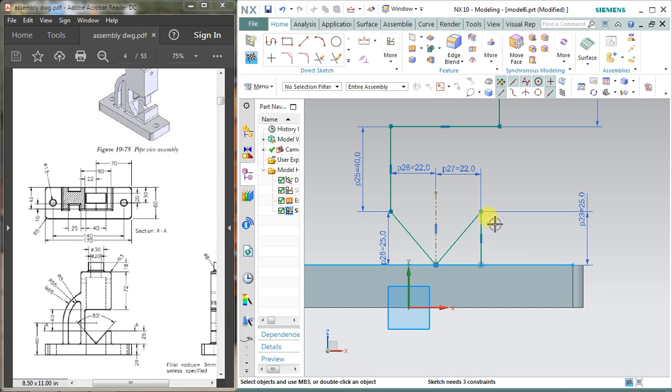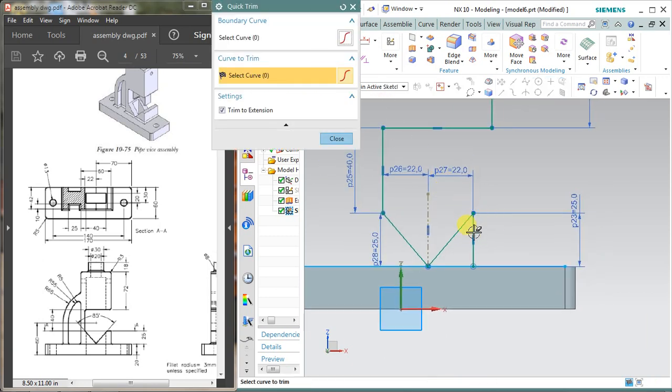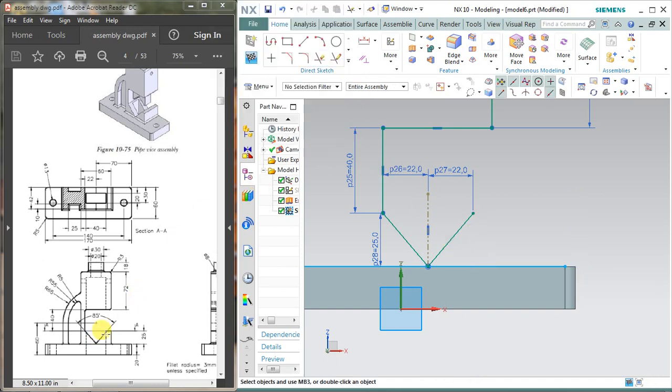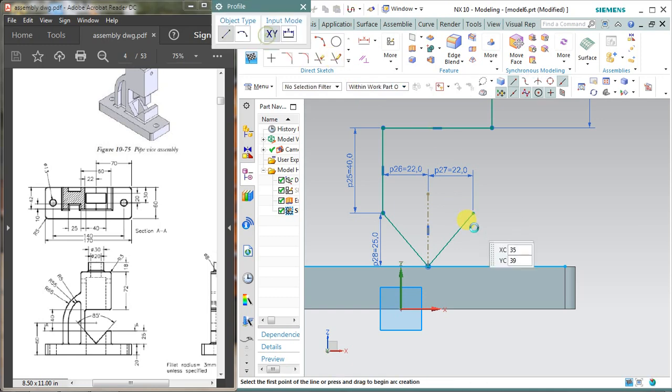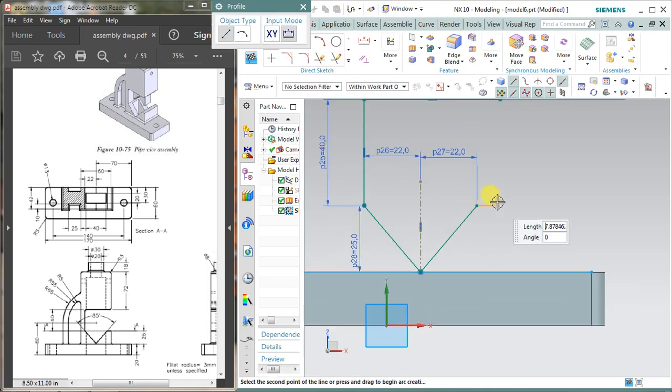Again I made a mistake here. Let's see what I did here. Select trim command. Trim, it is not a sharp V, actually it has a small flat section here, so draw this flat section here, and we didn't have any dimension of it.